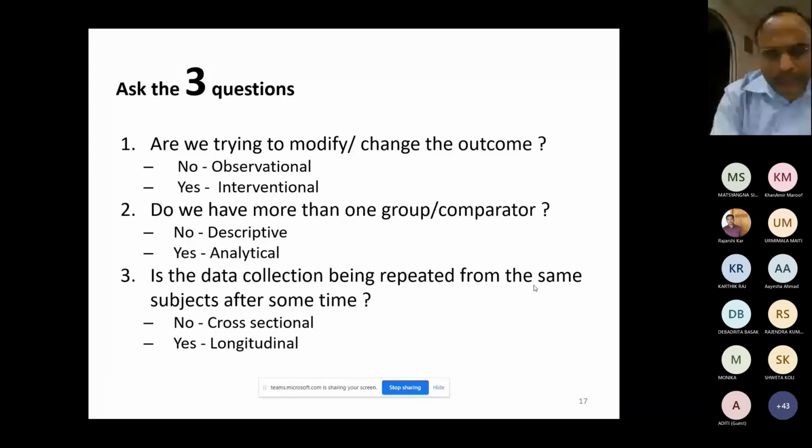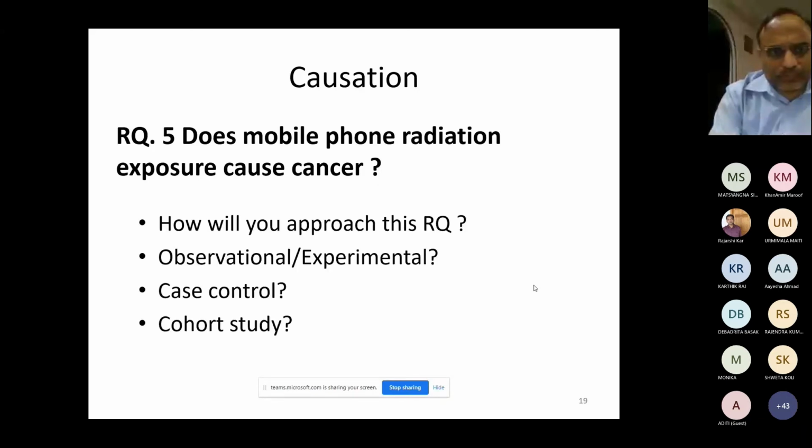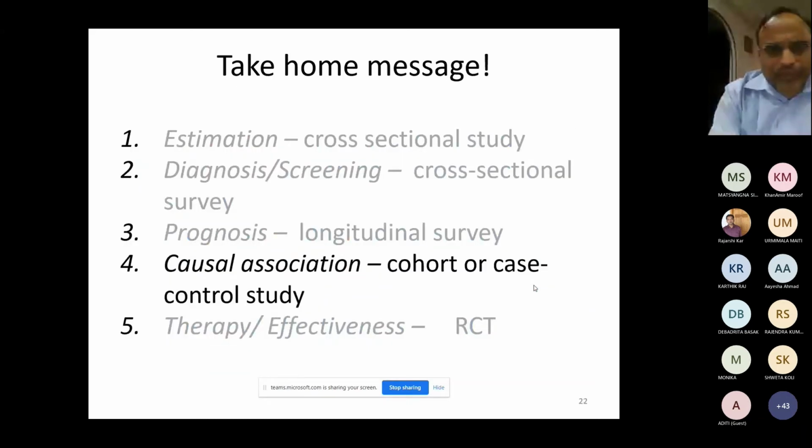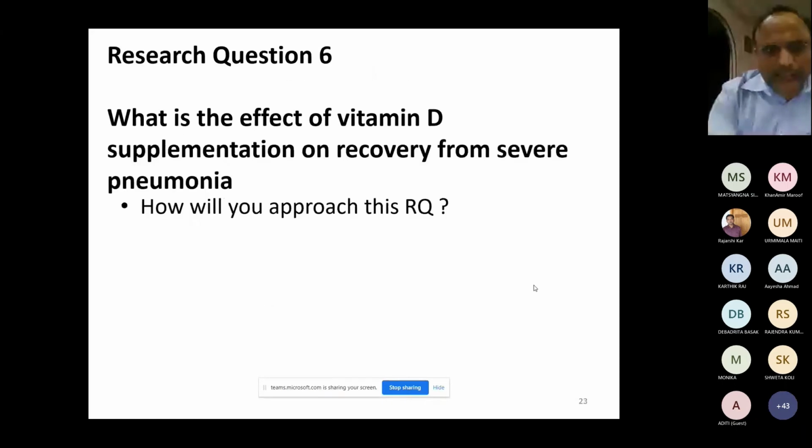Cohort is a longitudinal study, whereas case control is mainly a cross-sectional study, because here you are not going to follow them up, but you are recording their exposure in the past. So if you want to find the causal association, you have to do a cohort or case control study. Now coming to the